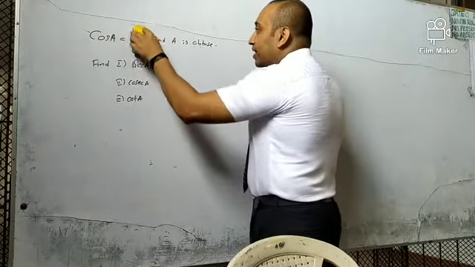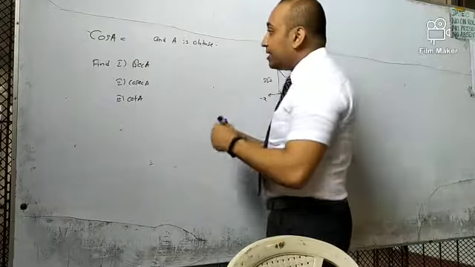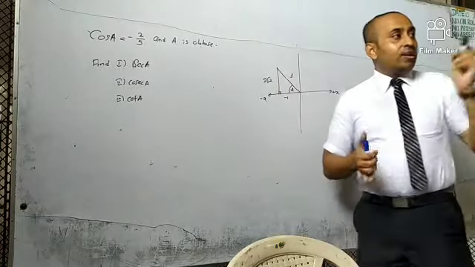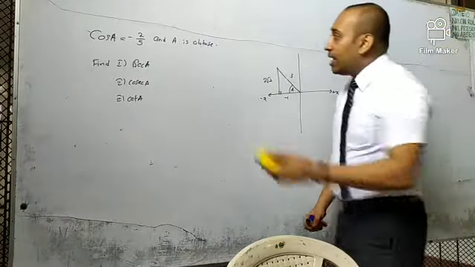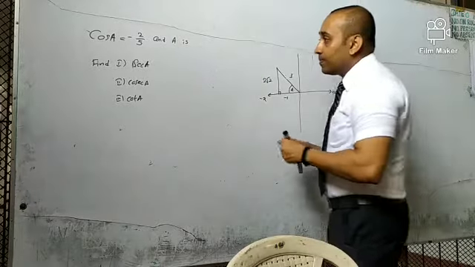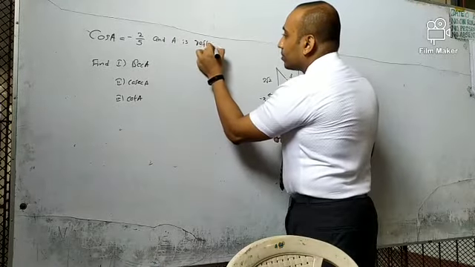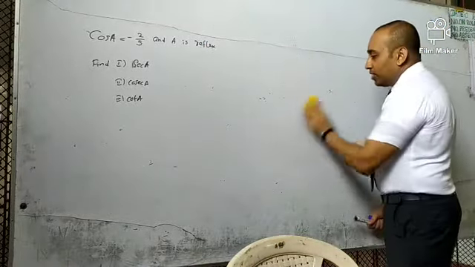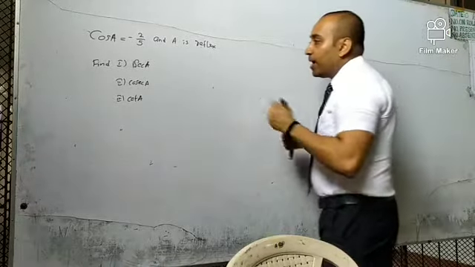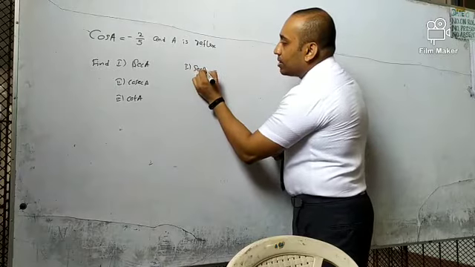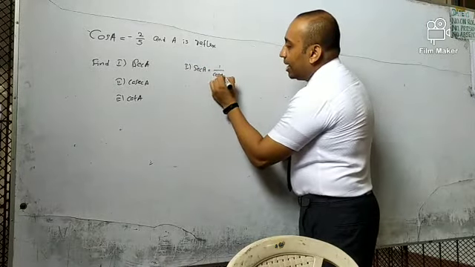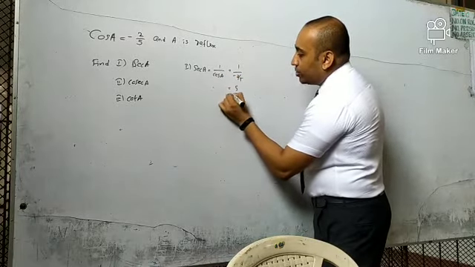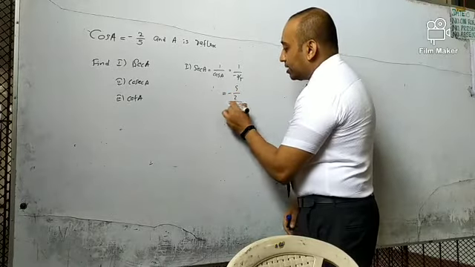Right, okay. Then they used to give a question like this. Please keep attention to this question. Minus 2 over 5. Please look at the board. Then this is reflex. Now it comes to a crucial situation. Then simply we can answer the first part. It's not a problem. Sec A equals 1 over cos A, that is 1 over minus 2 over 5, that is 5 over minus 2, minus 5 over 2. That's the answer for that one.